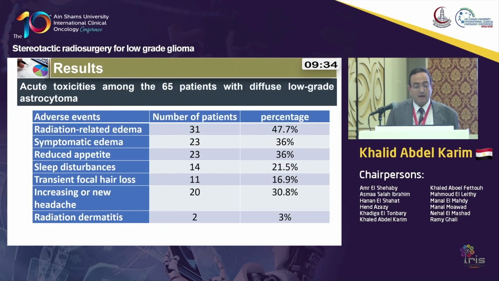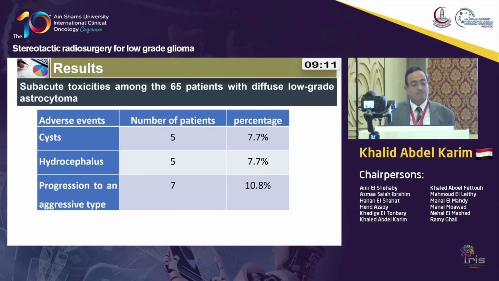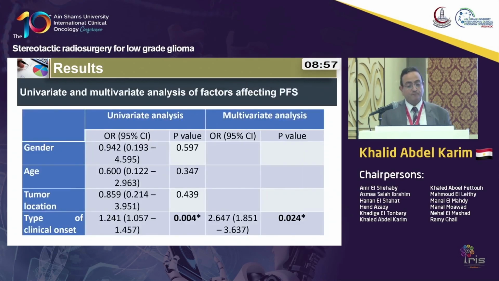Acute toxicity mainly was related to edema, which is part of any radiotherapy treatment to the brain. It was in about half of the cases, and symptomatic edema was in a third of them, reduced appetite in a third of the patients, sleep disturbance in 20% of the cases. The adverse events we saw here, we had 5 patients having cyst post-treatment, hydrocephalus in 5, progression to an aggressive type in 7. The uni and multivariate analysis